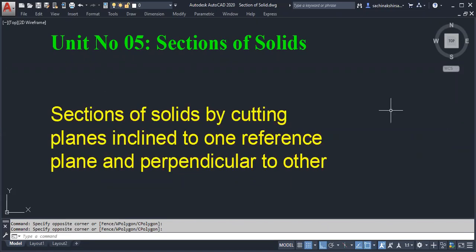Looking to the syllabus, what is told? Inclined to one reference plane and perpendicular to other. That particular plane will be inclined to one reference plane and perpendicular to the other plane. It is as simple as this. Now if I ask at this stage, what is solid and how is it classified?